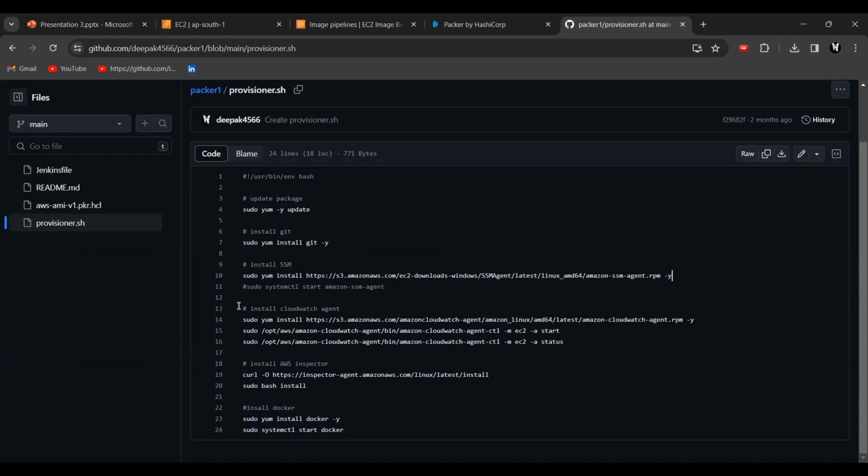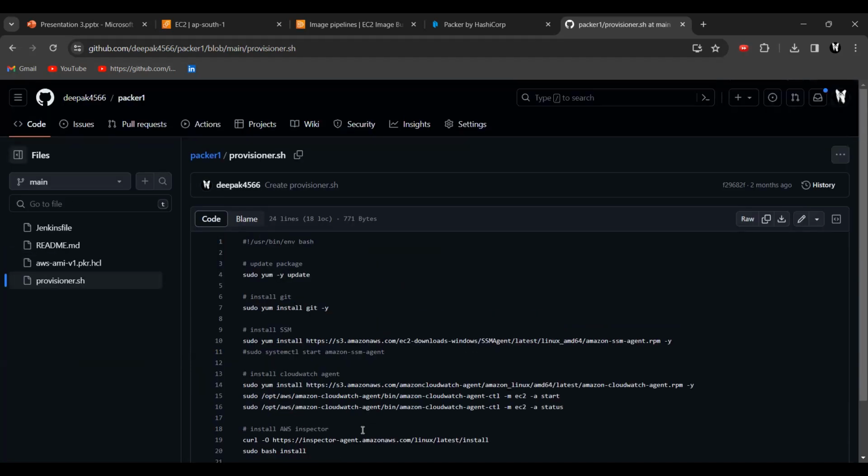And the next thing is CloudWatch. CloudWatch is used to store the logs of the application. That is why we are using CloudWatch. And AWS Inspector is related to compliance of the application. We'll get into all these tools later, at the third or fourth part. Again, this is Docker Compose. Sorry, we are installing Docker. We will install Docker Compose also later. I don't think it's required now.